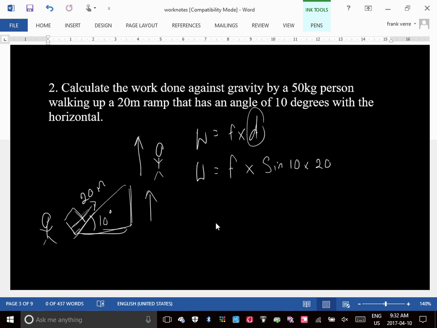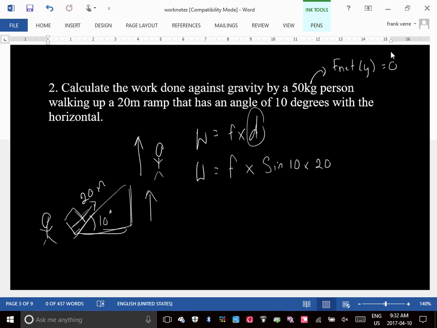Well, you're going up a ramp. You're going against gravity. It would be applied, but what would it be equal to though? So we're going to have to make an assumption here, okay? We're going to have to make the assumption that the net force acting vertically is 0. That means that you're moving up the ramp at a constant rate. Otherwise, you can't answer this question.